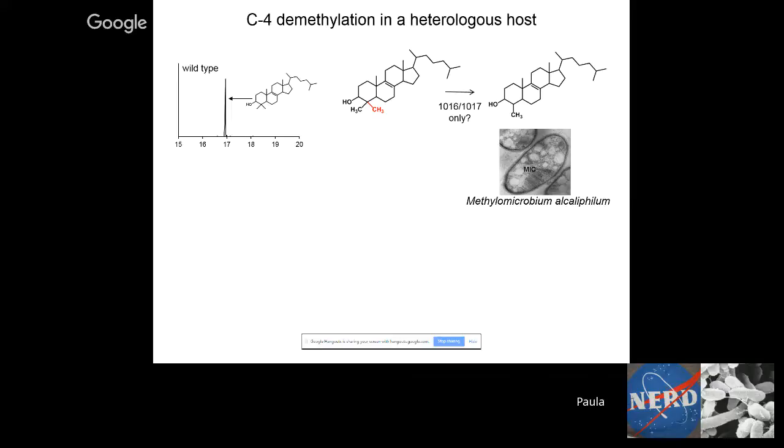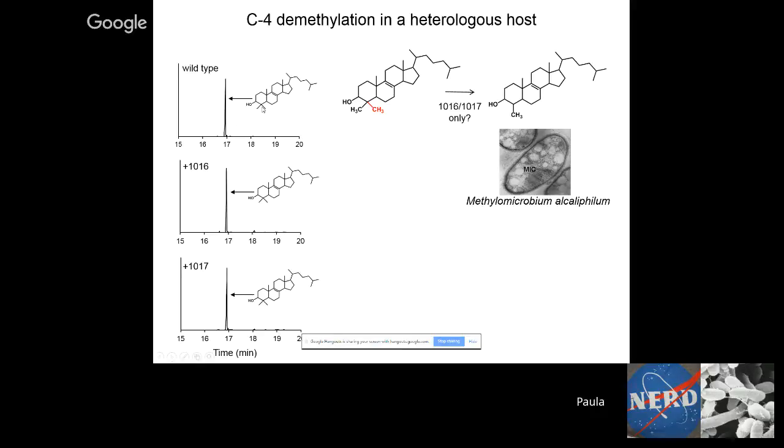And to get at that, what Yirang did was she took this methylomicrobial organism that only makes these dimethyls, and she decided to put the genes from this other organism in there to see if she could get it to remove that methyl group. So here's a chromatogram for the wild type showing making dimethyls. She then went ahead and integrated both genes individually onto the chromosome, and you can see we are still only making the dimethyls. But when she integrated both of them at the same time, now we see that the dimethyls in this organism are being converted to monomethyl. So this is great genetic evidence that potentially these are the only two proteins that are involved.